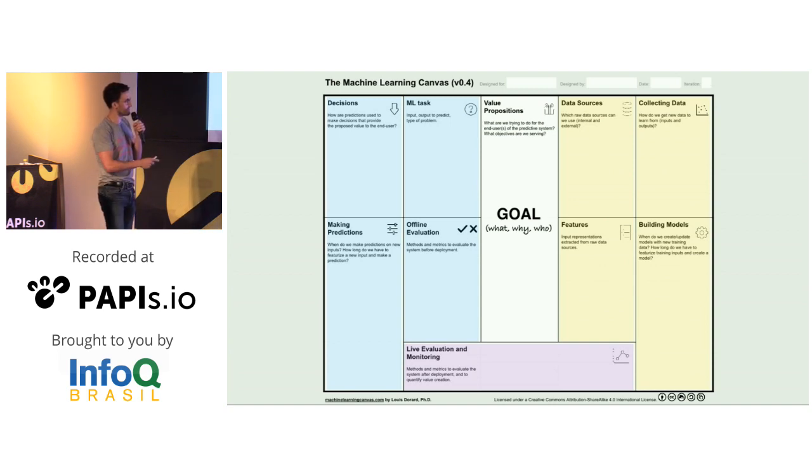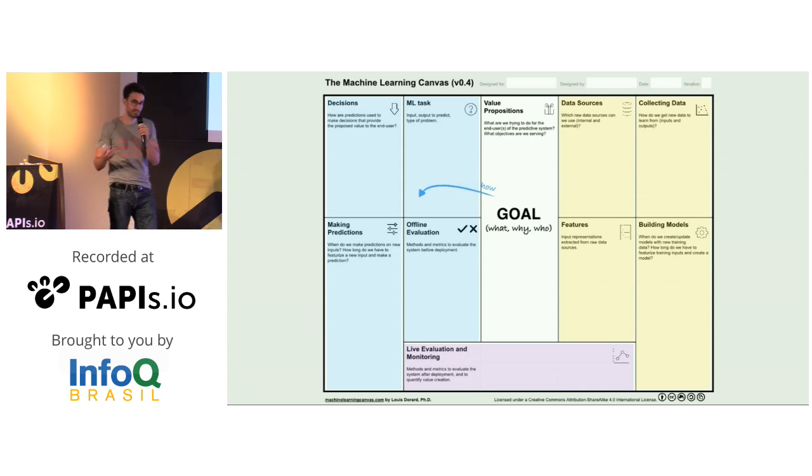So, identify that first. And then maybe you can start thinking about, all right, how do I translate this value proposition into a machine learning problem? Probably best to limit yourself to classification and regression at first. There's already tons of things to be done in classification and regression. So which one do you want to do? And how do you translate this value proposition into a machine learning question, which is a classification or regression problem?